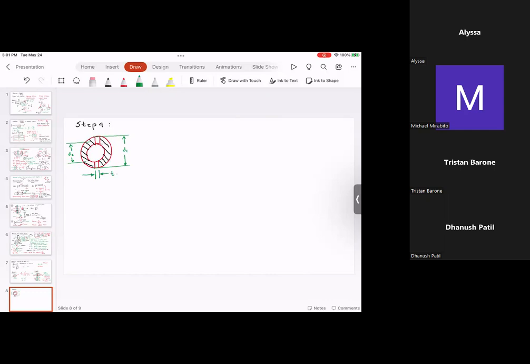And if you want to find out what is the resisting area, I'm going to write this expression down. So that resisting area is sigma T